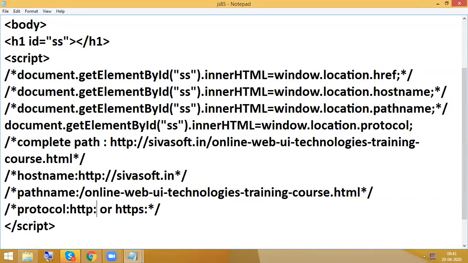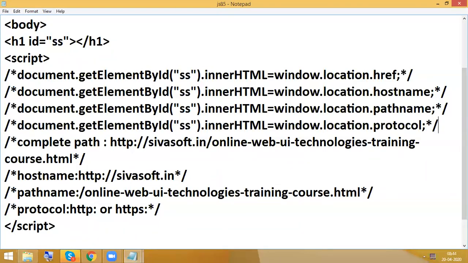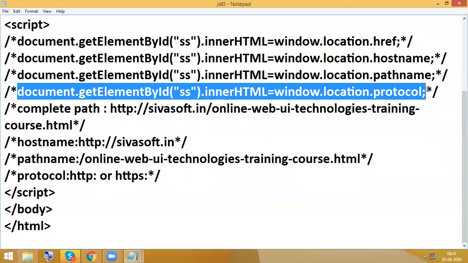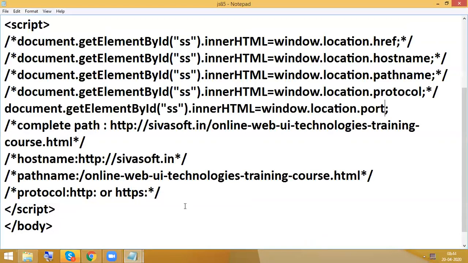Even you can get the port number also. But right now you don't know what a port number is and everything. Don't bother about it. Right now we did not get anything, but don't bother about that. Generally, if you are using PHP or any other thing, you are going to get the port number as 80. It belongs to the server side, so don't bother about it. These are all predefined programs, that's it.